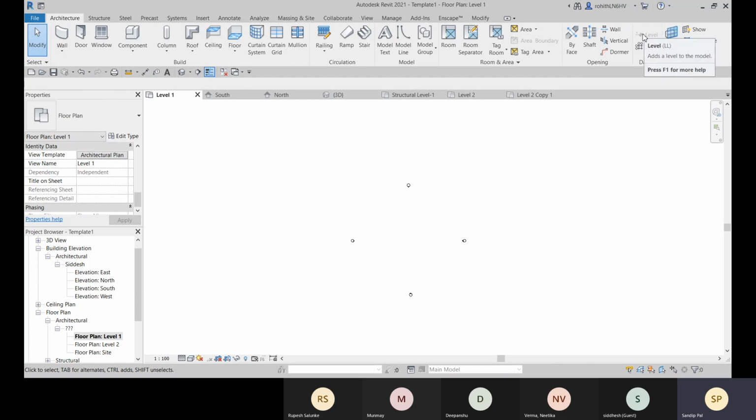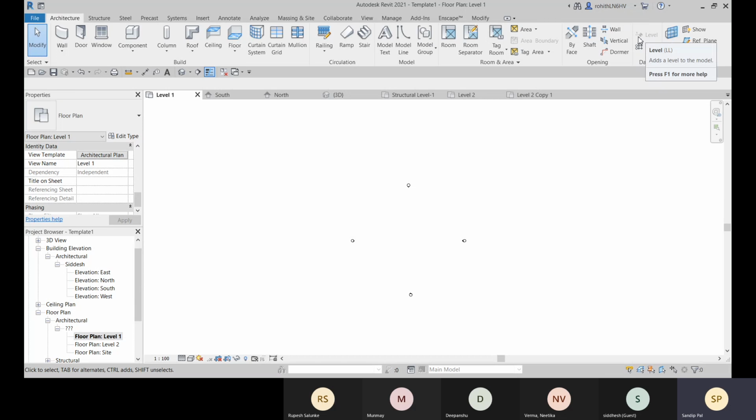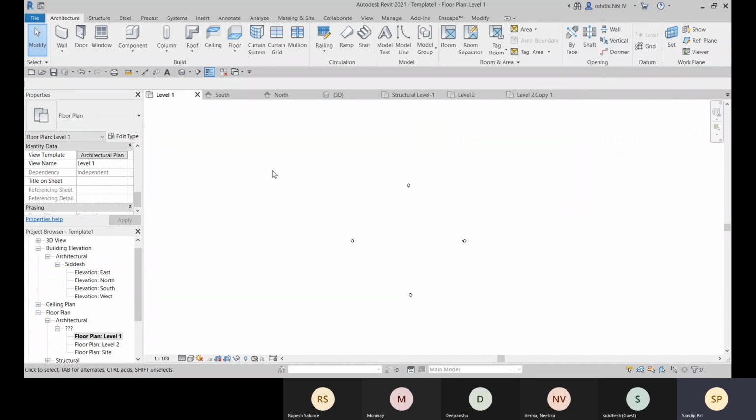We have this datum panel, and we can create grids and levels. And right now you see that this level option is grayed out. This is deactivated. Why? Because level defines the elevation, the height, right? So that level cannot be placed on floor plan. That can be placed in elevation views.